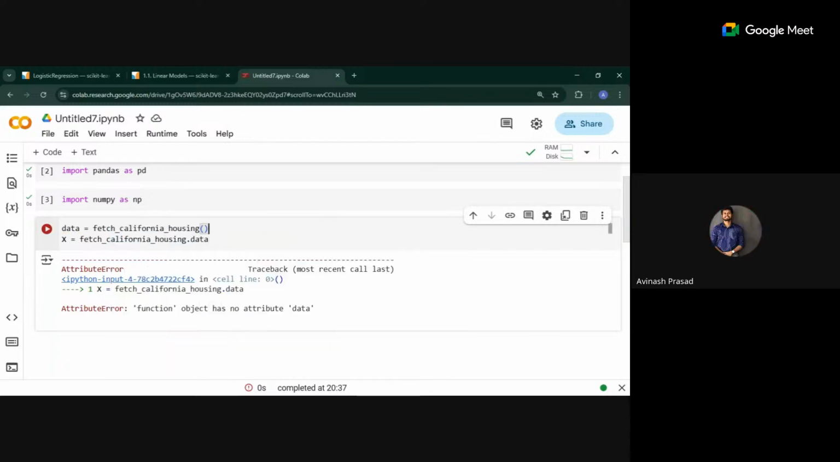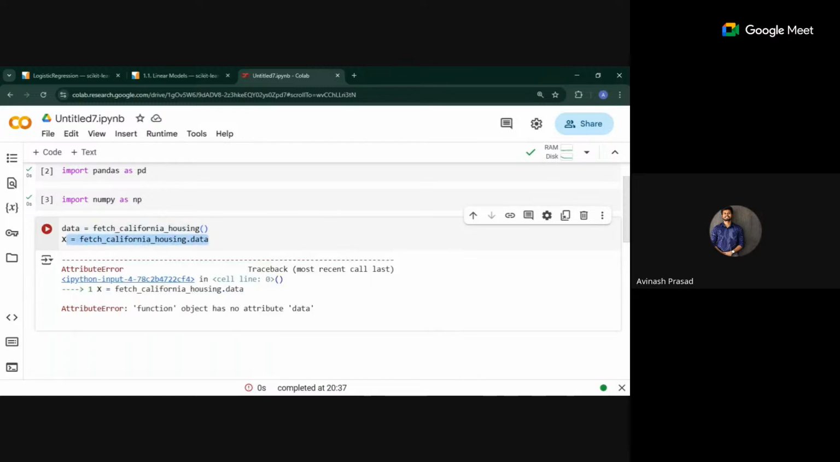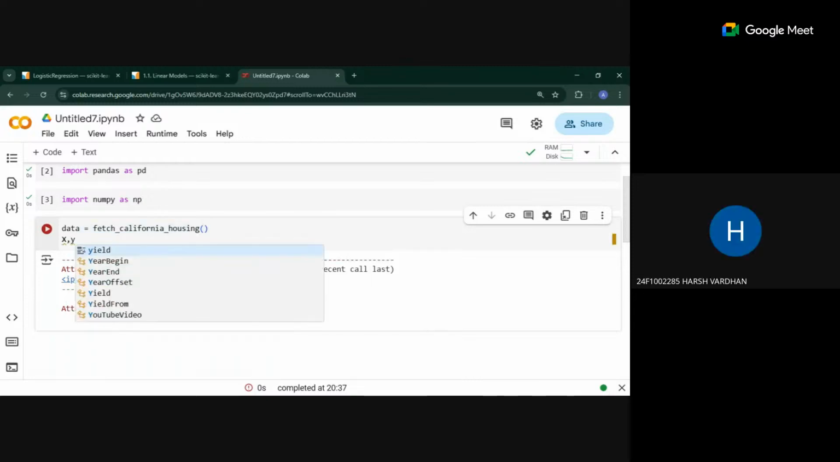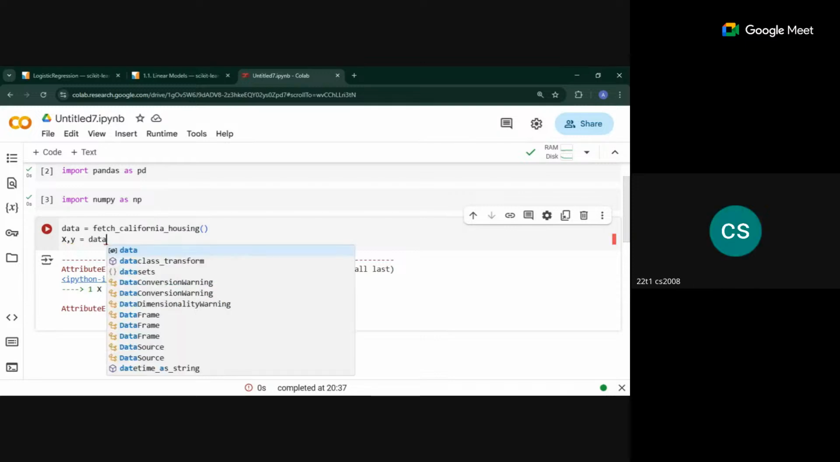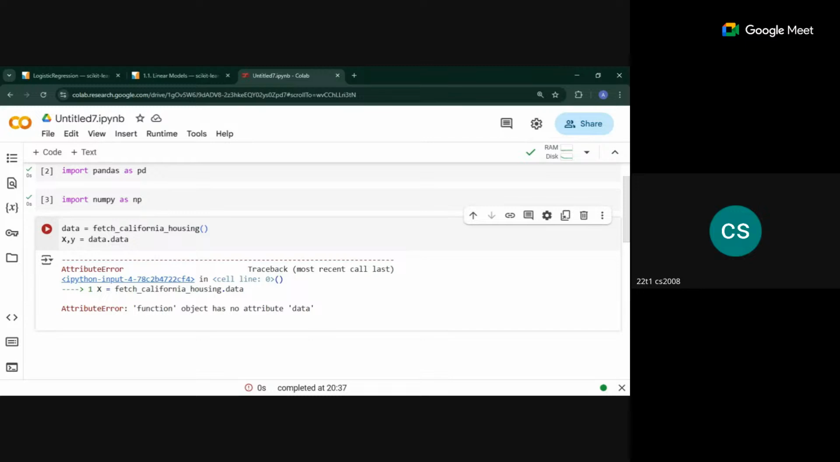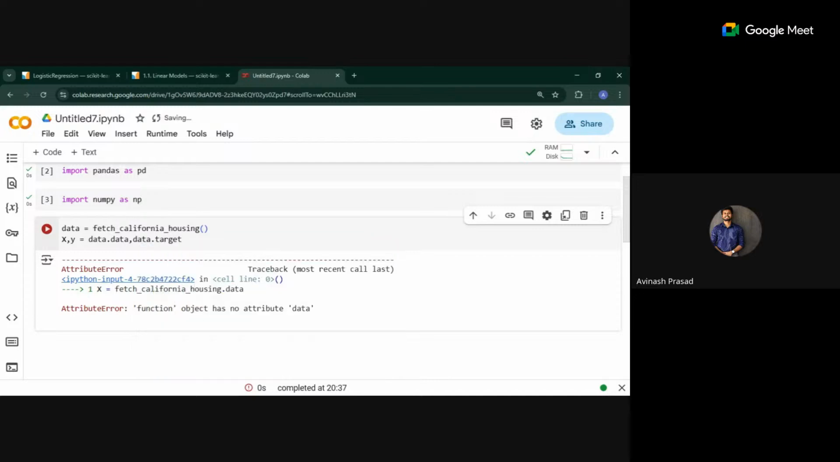Now, in the next line, we can import X and Y together: X comma Y equal to. So we'll go with a different approach now: data dot data X comma y equals data dot data, comma data dot target. But in California housing, within the bracket,